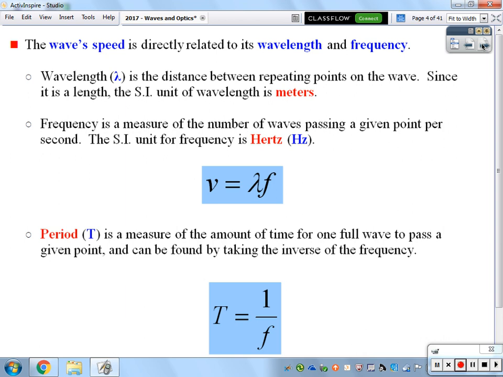And if we take a step away from the science side of it, you already know what frequency is. How frequently do you do something? It's how many times that event occurs per unit time. Here we're measuring the amount of waves passing this point per second, and that is expressed in hertz. So the wave speed equation, if we're trying to find the velocity of the wave, is simply going to be our wavelength times our frequency.